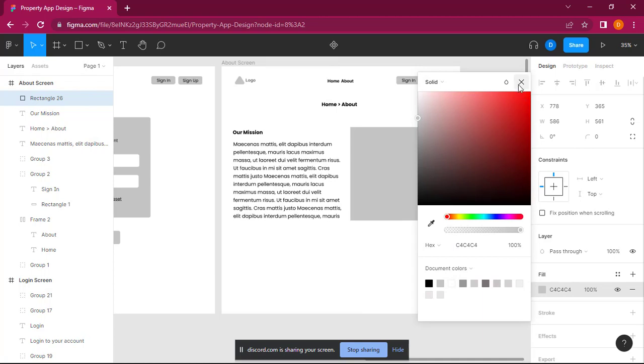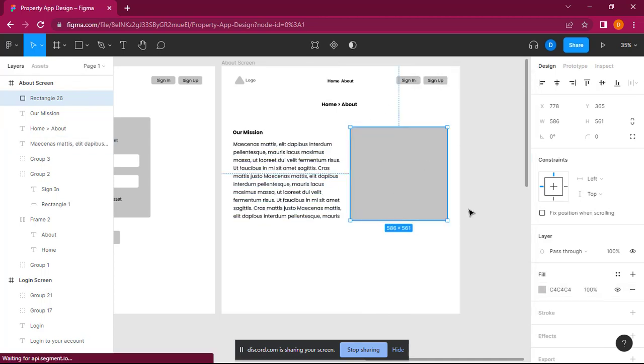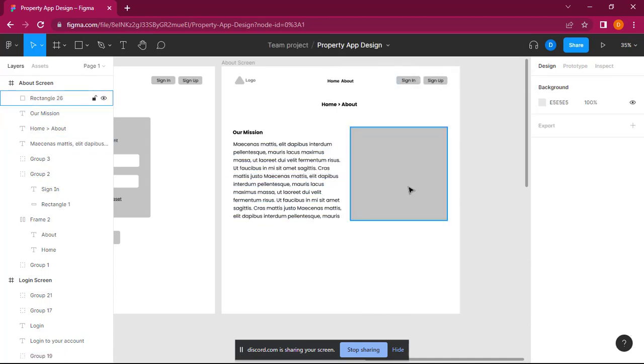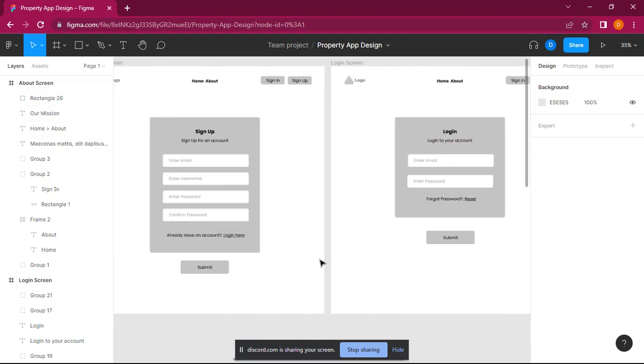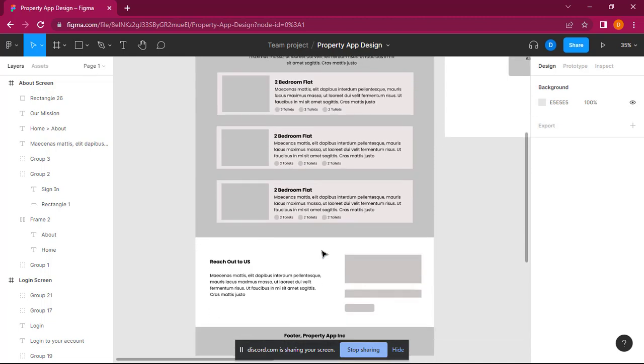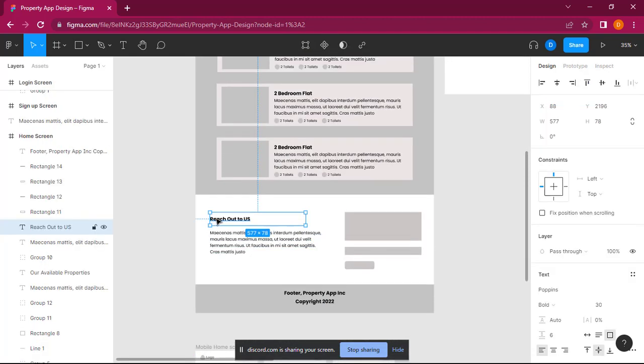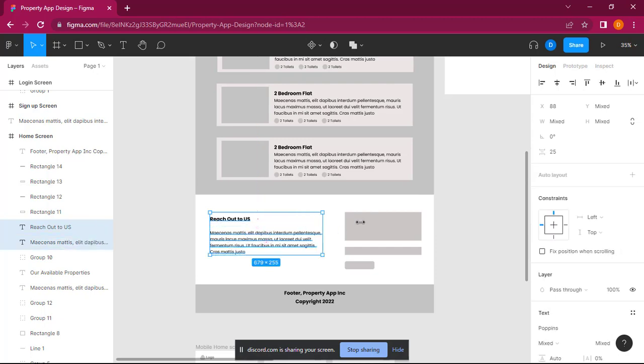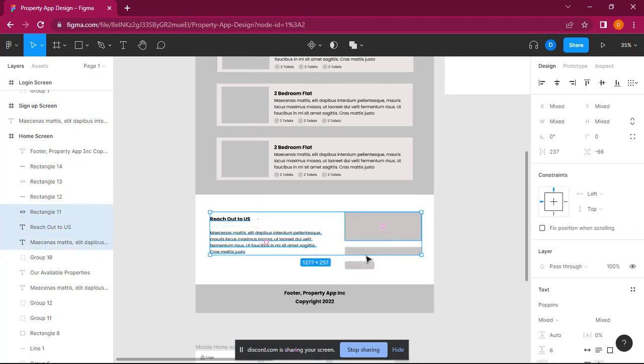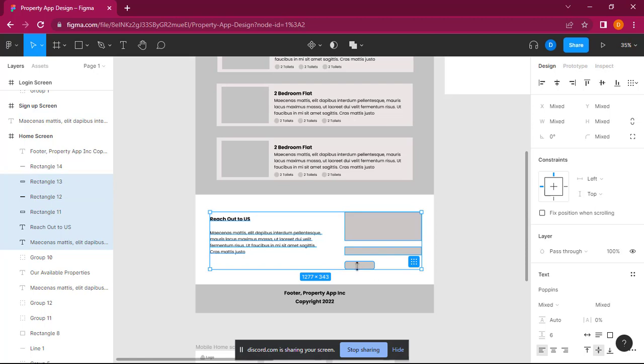But I just know that this here is supposed to be an image, text, then what else, and I want to copy this contact us section